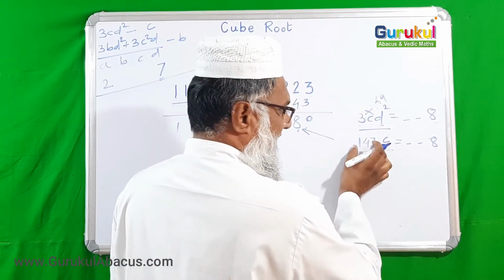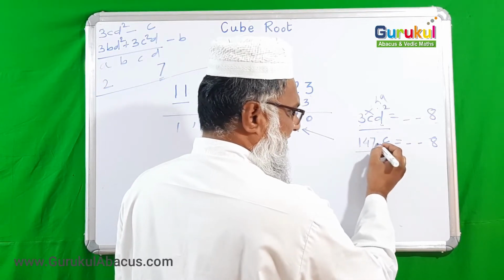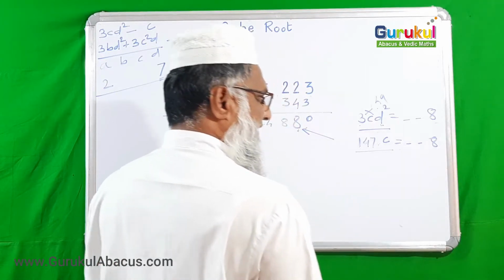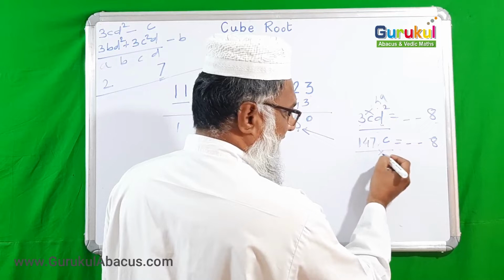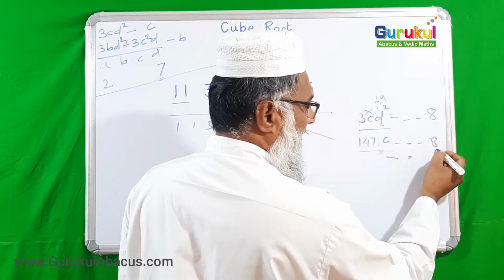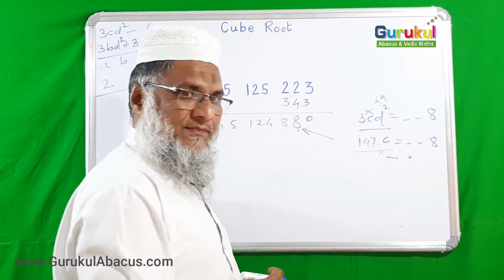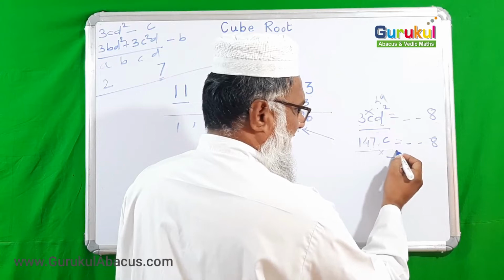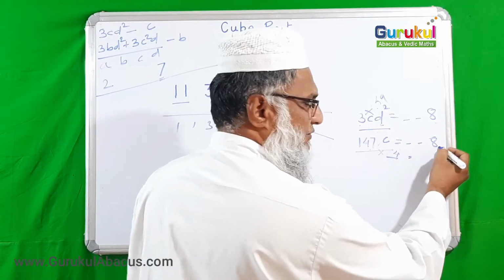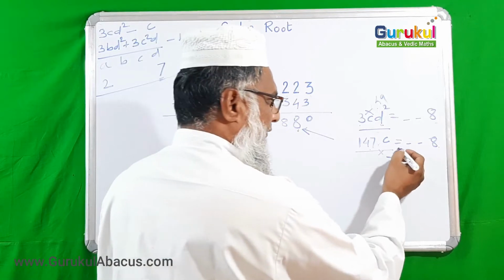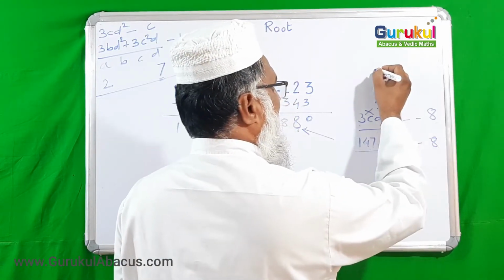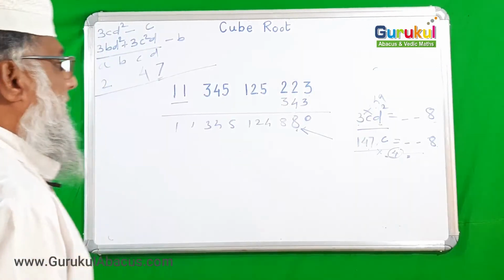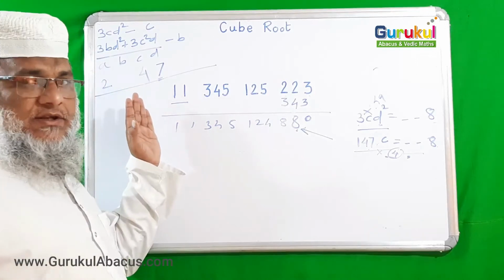It is just only logic to understand. Here is 7. If this 147 had been multiplied here, if those would go there, then it would be divided. Otherwise we can say only like that, 7 multiplied by what is equal to a number ending with 8. So 7 4s are 28. So 4 is the C. Here I am writing C is 4. Now we have got C, C is equal to 4.